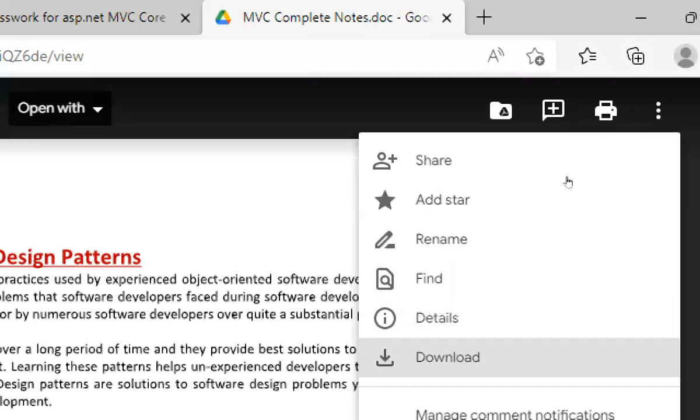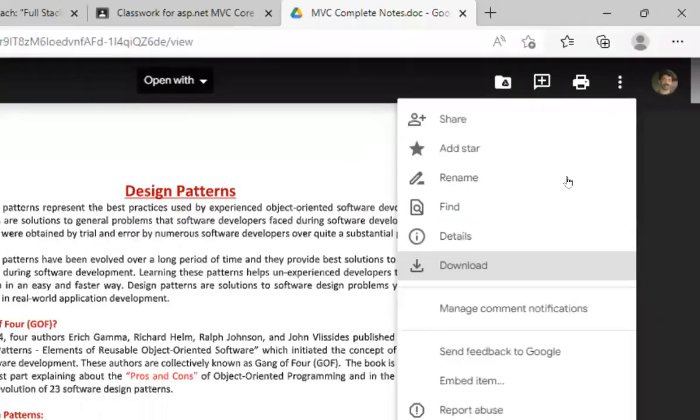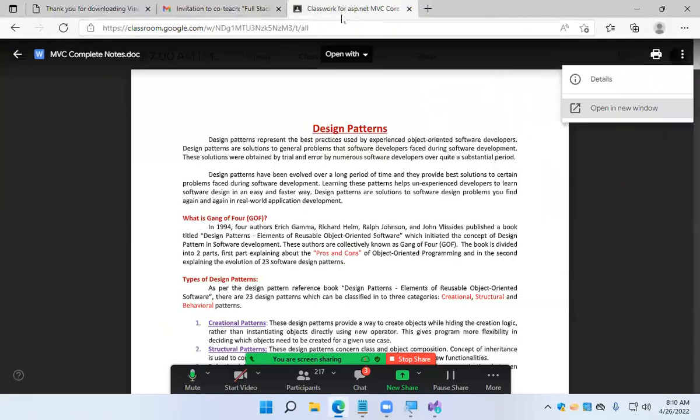If you download like this, it will download in the doc format. Are you clear? If you just use the first option, it will save in PDF. If you use this, it will save in the doc format. Understood or not? Okay, so this is how you can download it, guys.